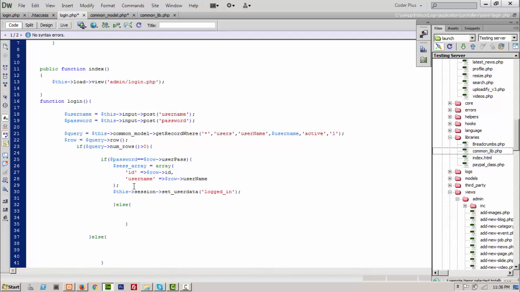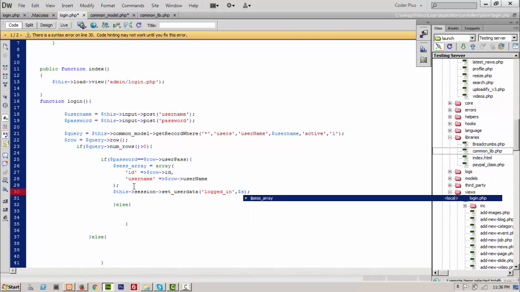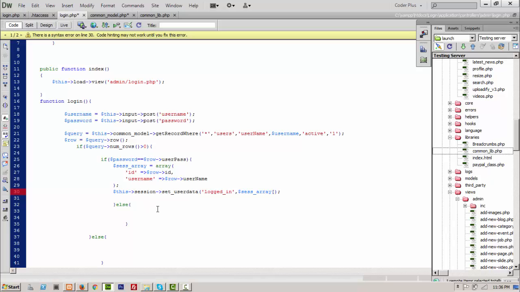This user is logged in. I'm giving the name of that string, logged in, and it will take data from where? From that session array. It will take data from that session array and keep it in the logged in variable, and it will make the session. There is an error. Remove. Okay,